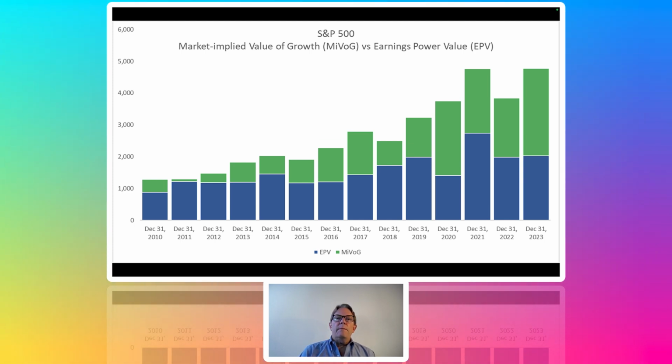We're adding growth to our valuation stack, and we're going to look at earnings power value against market implied value of growth. We're going to look at that on a historical time series basis. We're going to ask the question: how much is too much? In the next lecture, I'm going to develop these tools a bit more and show you how we can tease out implied growth rates from these formulas, but I'll keep that for the next lecture.